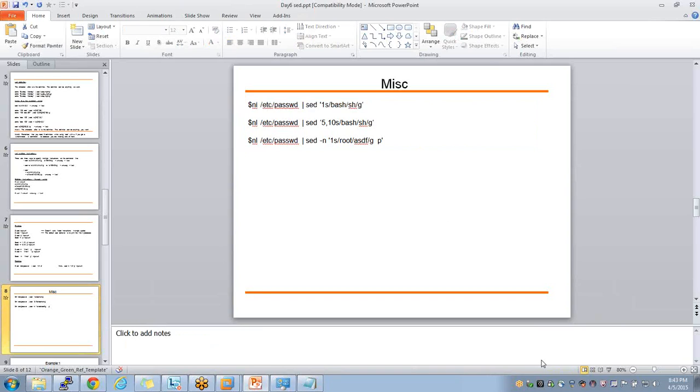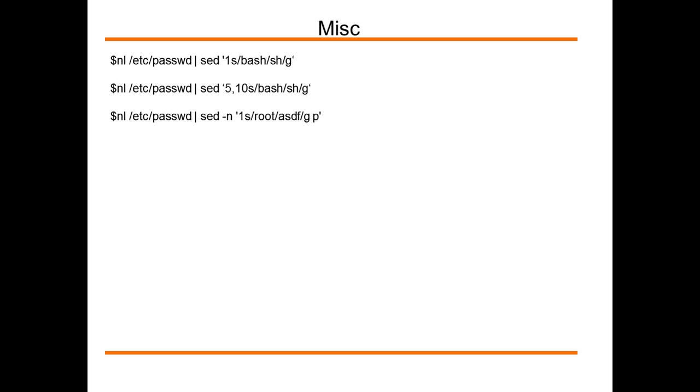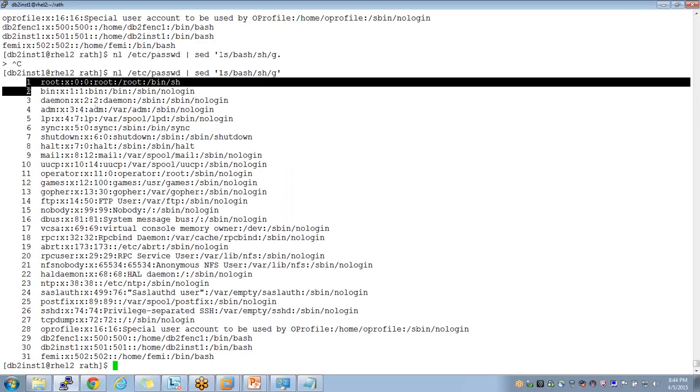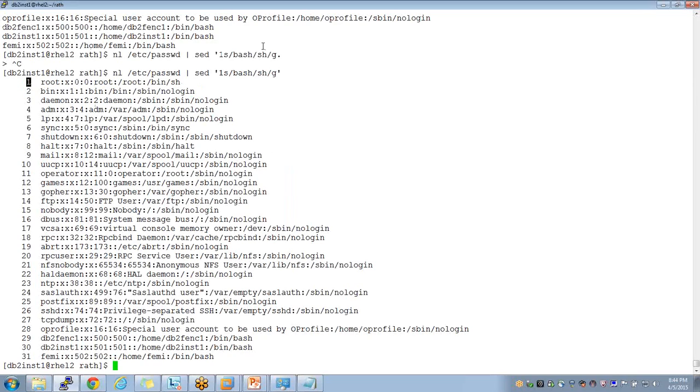Now let's look at a few examples. So I have the NL, a line number, but why would you prefer NL over cat here? Well, I just want you to know what's been replaced. It's easier to understand. Here we are playing on line numbers, at line number 1, so it makes more sense to display with NL rather than cat.